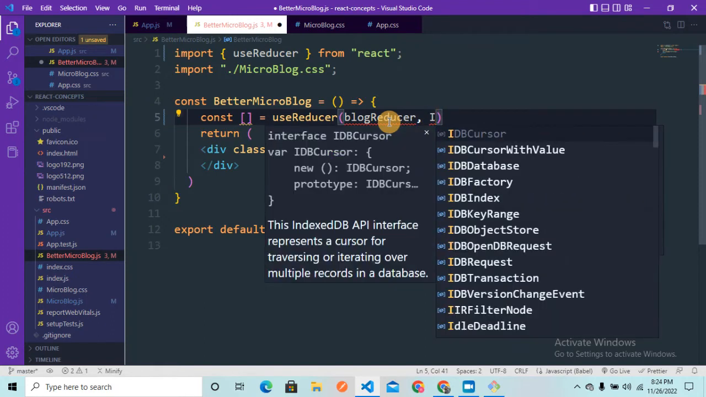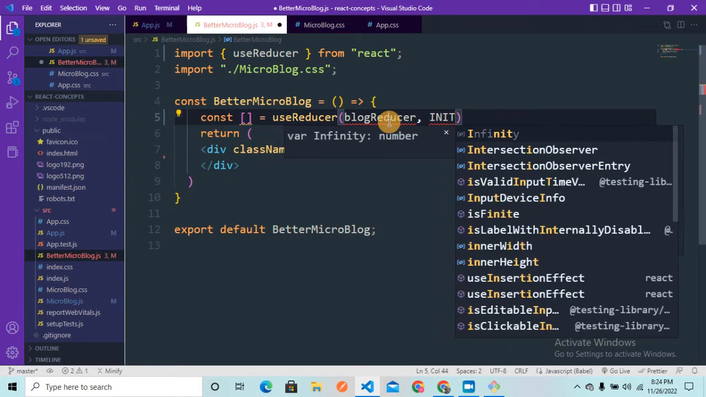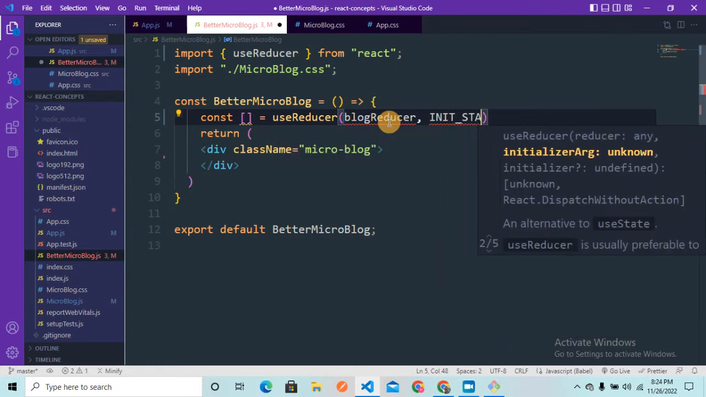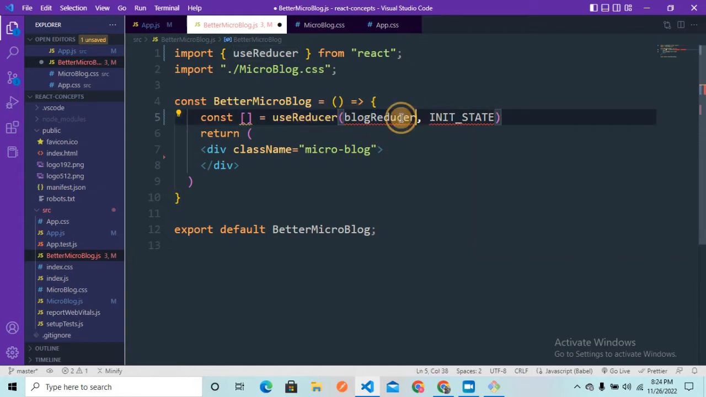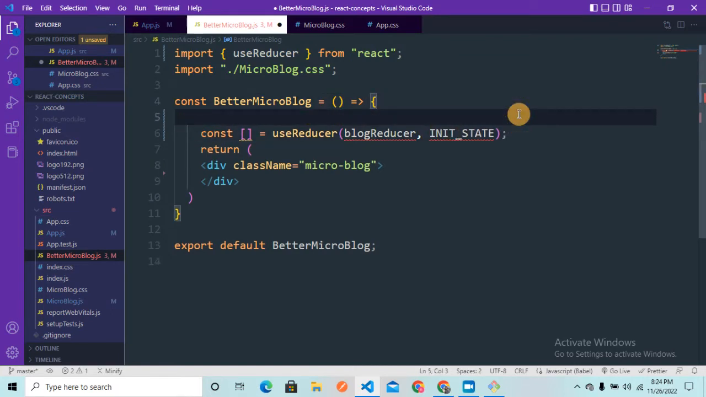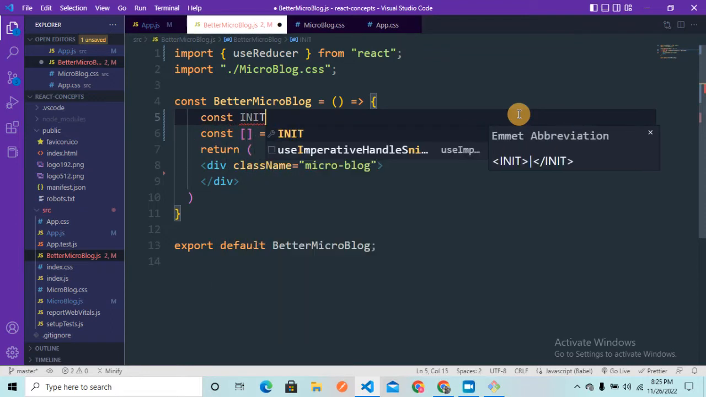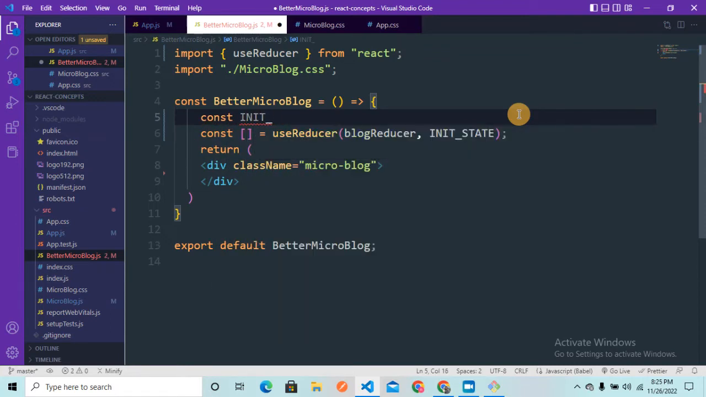And another thing you need to pass here is the initial state, just like the useState hook expects you to, but here the useReducer hook expects the reducer function as well. Now let us initialize the state here. Okay, so here is that initial state that we are going to declare. I'm going to name it initState,